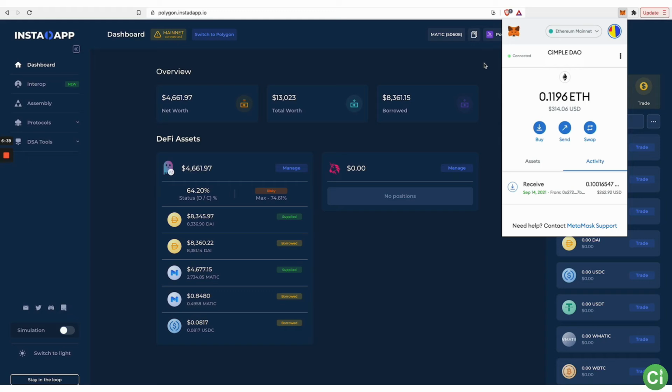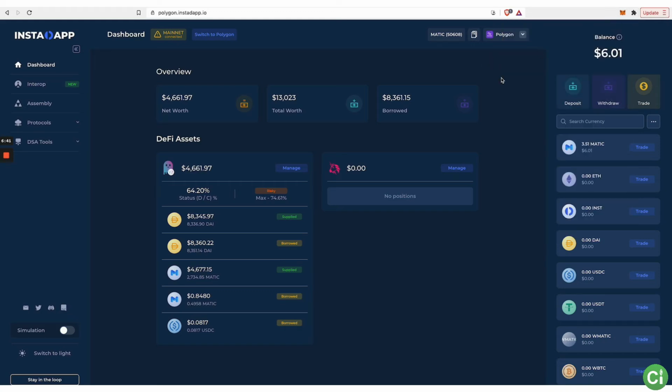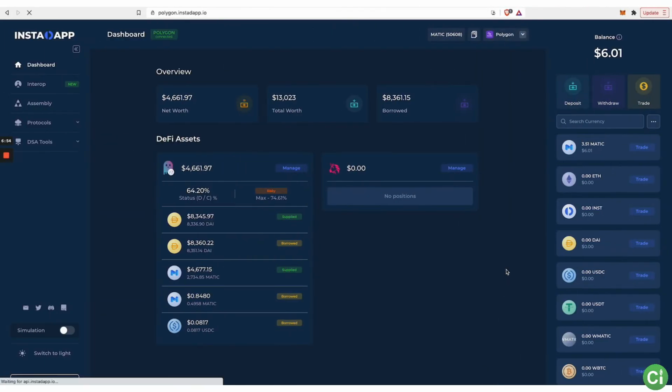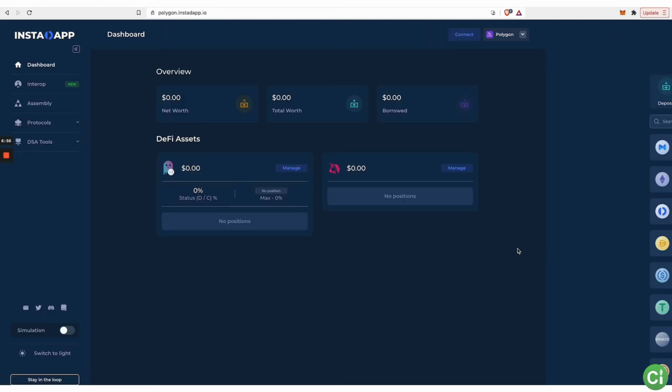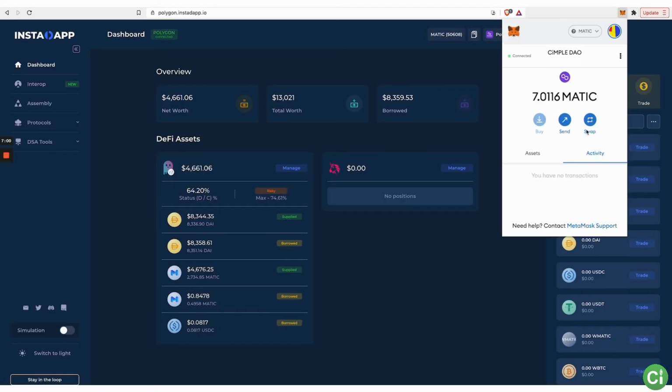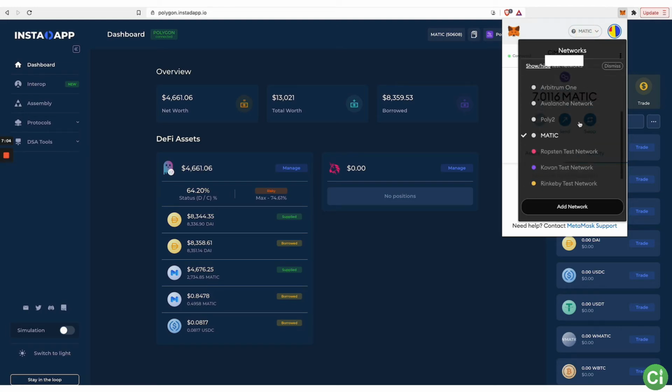Or, and this is why I said in the MetaMask video to wait to this video till you see how to do it, because you come in here, you click switch to Polygon and watch what happens. They are going to switch your network for you. You click switch network, okay? And it adds in all of the information that you need so that later you can come in here and go to the network they just added. They added Matic. I didn't have that one before. I mean, I obviously have Polygon, but they named it Matic, right? So whatever they put in there, I'm now using what they put in there.